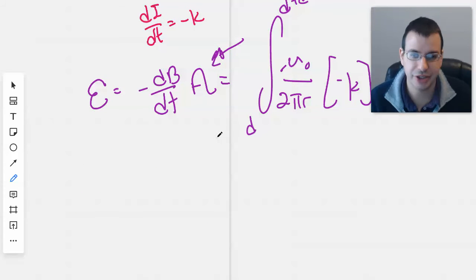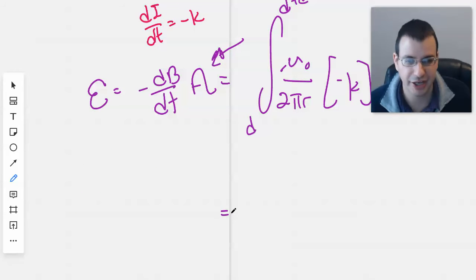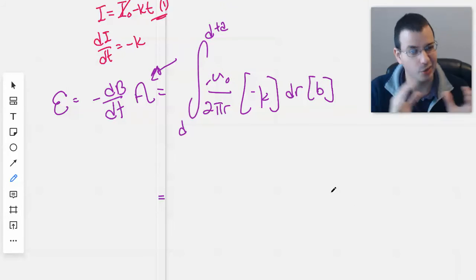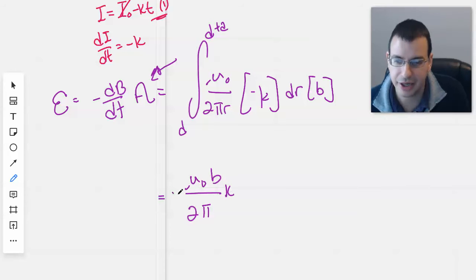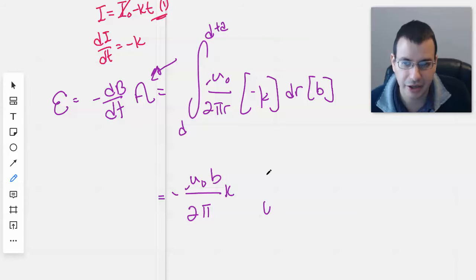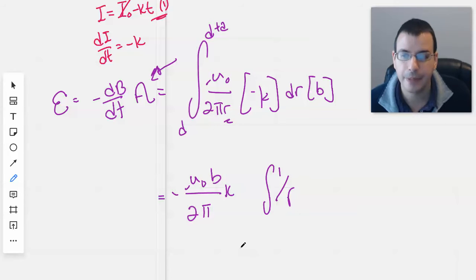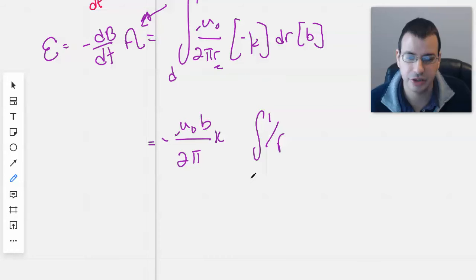So I'm going to rewrite this again to get the constants out. Can't forget the b, a 2 pi, we got a k and a negative, and the integral of 1 over r right there. And that will give us